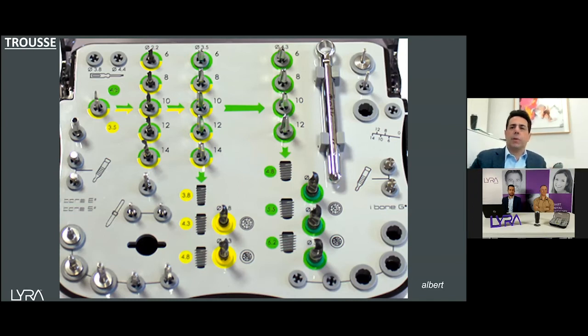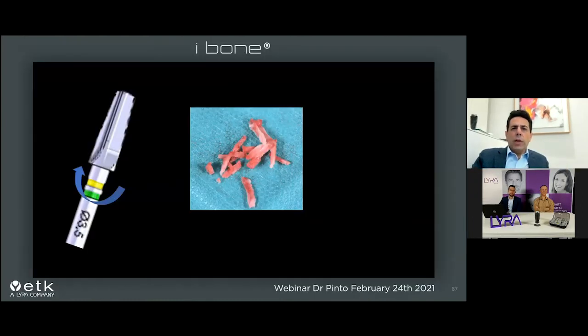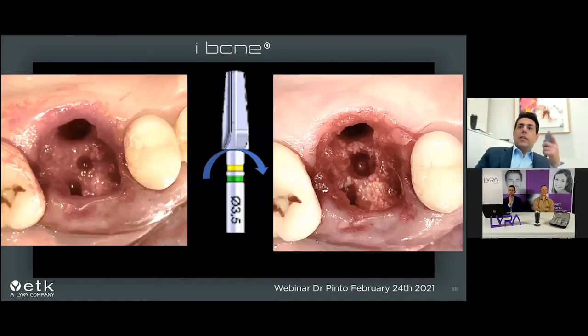It's very, very simple. And you see, when you use it in the circular way, the blades are very deep and all the bone is kept inside. So when you drill, you keep all this bone. It's very important. And you can use it the other way, the non-circular or anti-clockwise way. You put reverse on